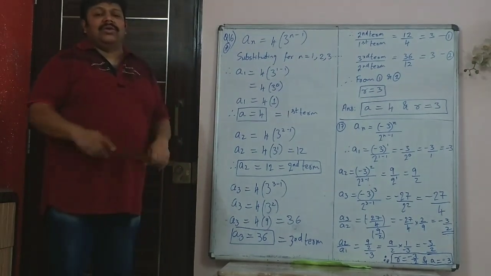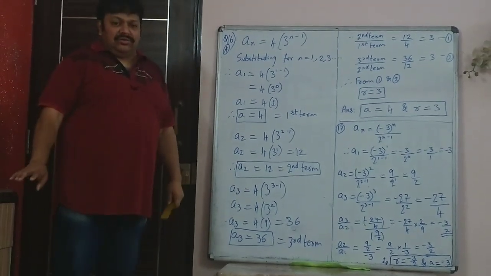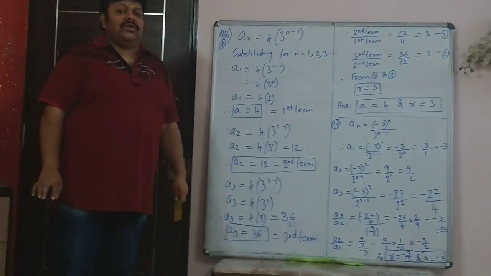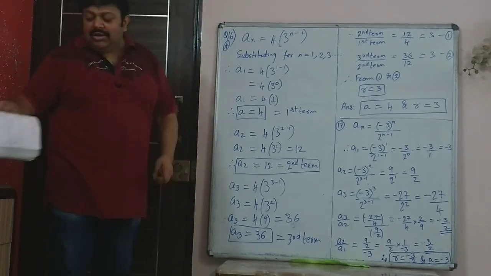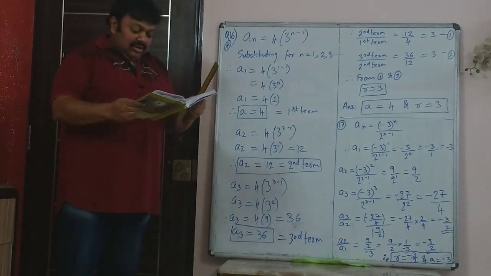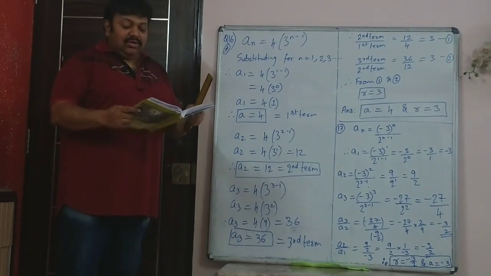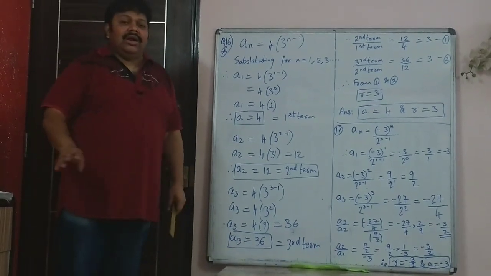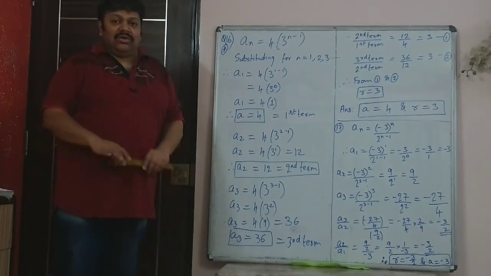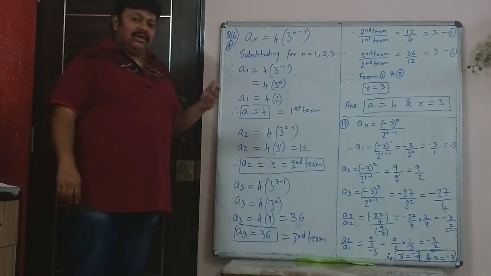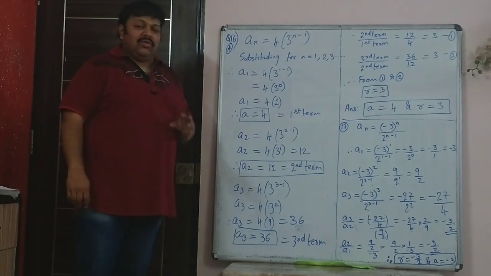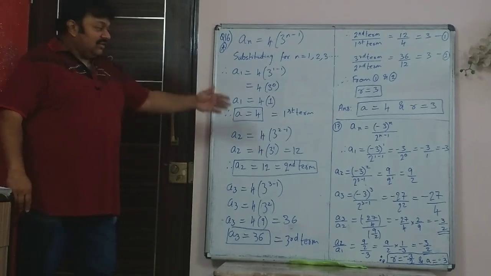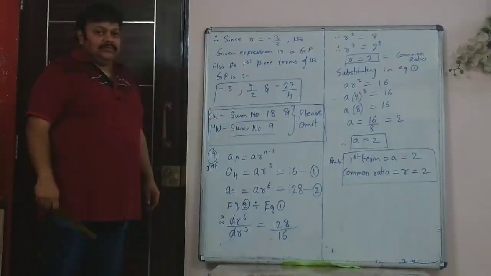The 18th sum we are not doing because it's too lengthy and such sums are not asked. So you can omit the 18th sum. You can cancel it in your textbook itself. You need not do the 18th sum, and just like the 18th sum, in the homework you have the 9th sum on page 225. So 18th sum of classwork and 9th sum of homework are identical, that you can omit. That is not going to be asked in your board, that is too lengthy and that won't be there. In the school exams also they don't ask such sums. So you can cancel that from the book. So we finish the 17th and then we'll go to the 19th.